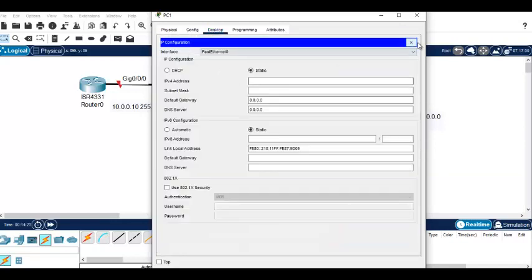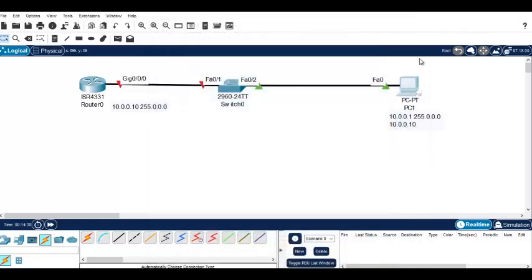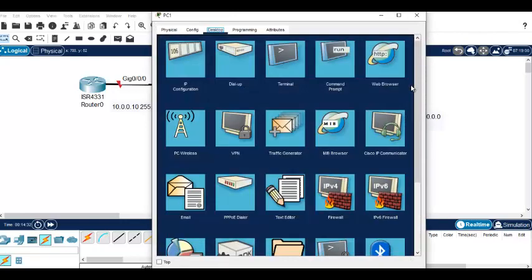I repeat, when you click once on the PC, you get these pages. Click on this first one. And if you don't see this, if you see something like this, click on desktop. Under desktop, click on IP config